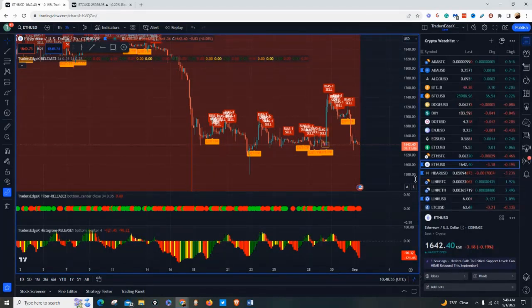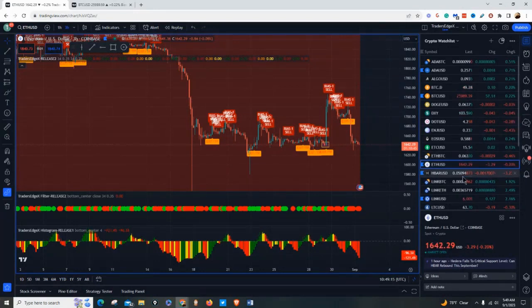There are optimal times to do this. That's the number one question I get: when do I buy? It's a red day, it must be cheap. Well, not necessarily. We've had several red days. What we're going to do is wait until the traders start taking profit. We're going to be able to see that